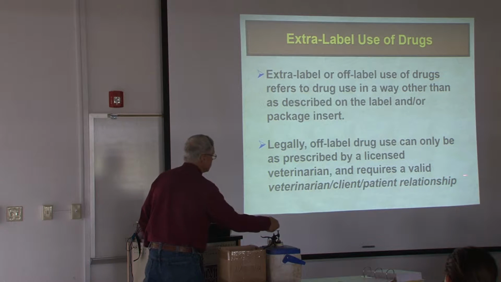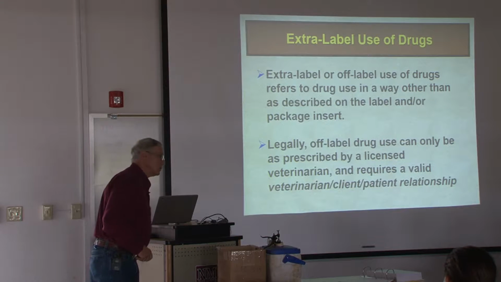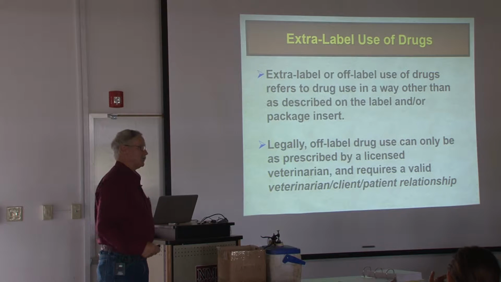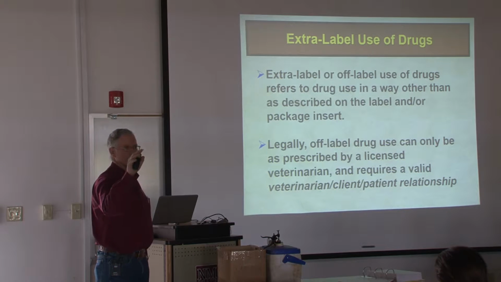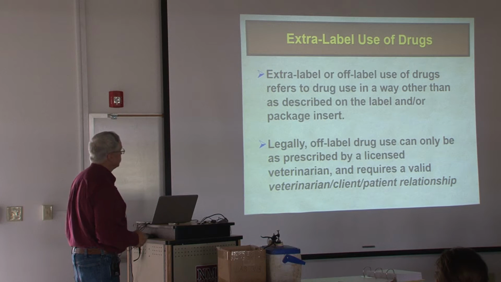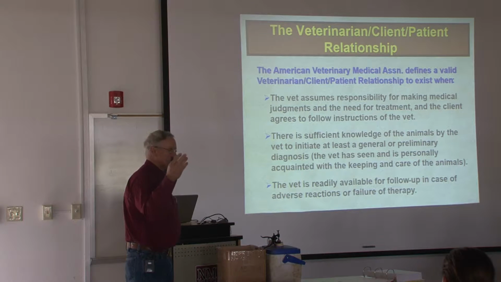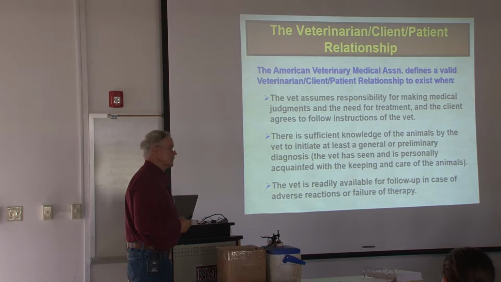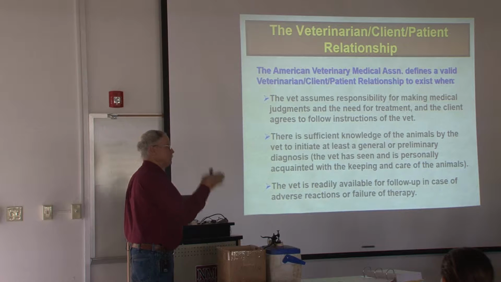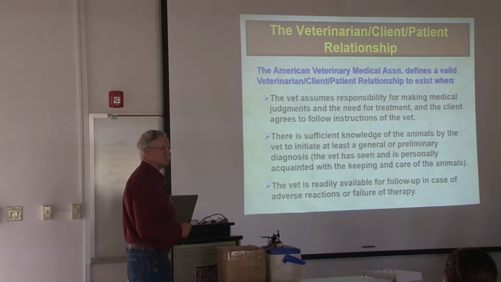And this has to be in place. This valid veterinary client-patient relationship is now a legal definition that is being, any lawyers in here? It's being exploited. So be aware of that. So that means that you cannot pick up the phone and just call a veterinarian and say, hey, I got this sick calf, I need a shot of antibiotic, can I send my wife by and have her pick it up? Unless they know you and have been on your place, they cannot dispense that medication.